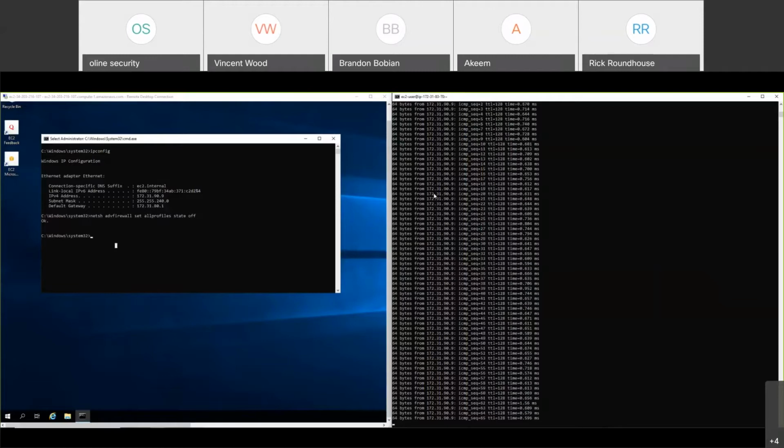If I did this from, it might take a couple of systems. This is a 2019 server. But if I did this from, I'll just throw out a crazy number, like 100 or 200 systems, which I could with a botnet, and just ping it simply, that's it. It's going to crash the server because the server doesn't have enough resources.